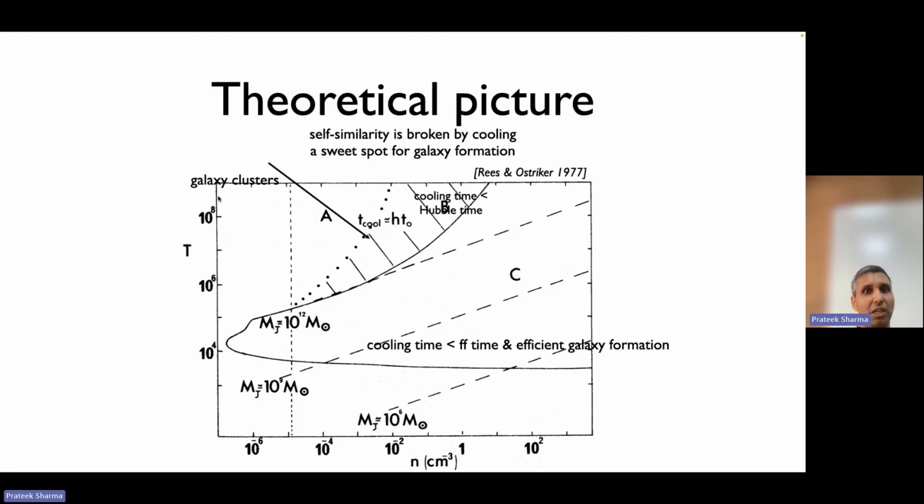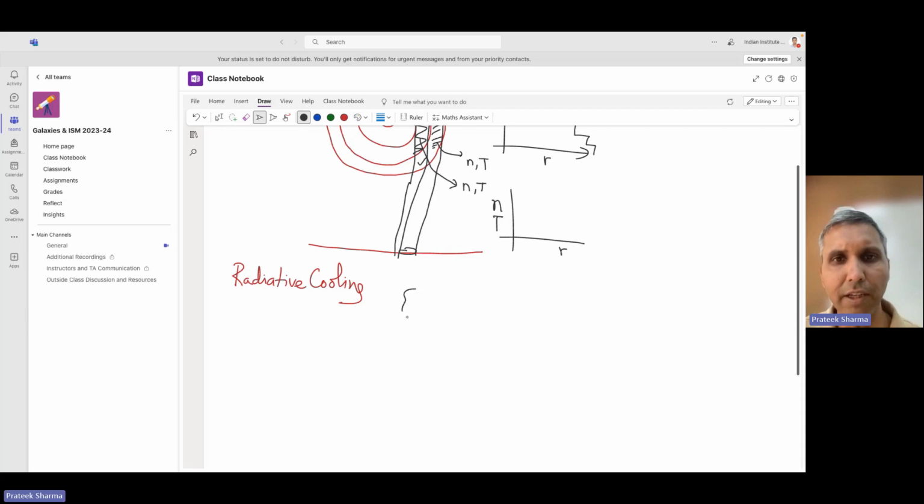This is actually a quantitative graph of what I was saying in words. So this is temperature, this is density. Once you have density and temperature, you can calculate the cooling time. Right, so if you have a little fluid element here, if it is optically thin, it can lose its energy. Even optically thick, it can lose its energy, but on a longer time scale, because photons do not just